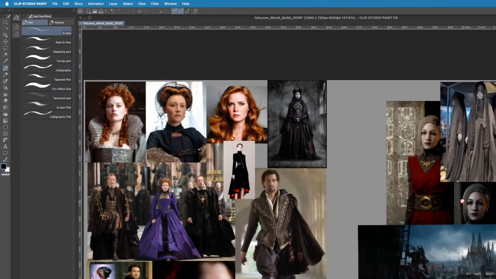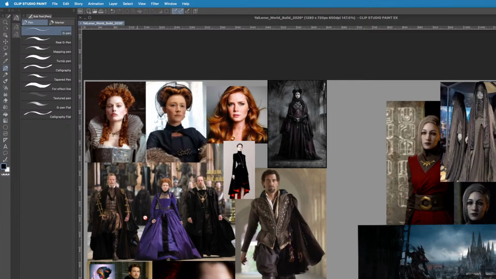I try not to go too crazy with references. I try to find three with a main point. And I'd say the three that are the main points of this whole thing would be, right, Elizabethan era costuming, hairstyles. So I'm looking at red hair,